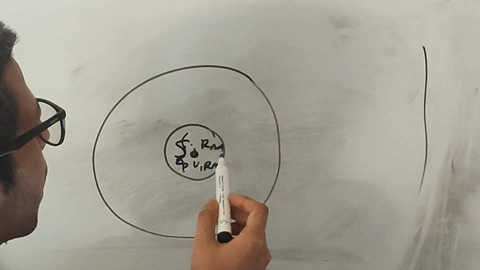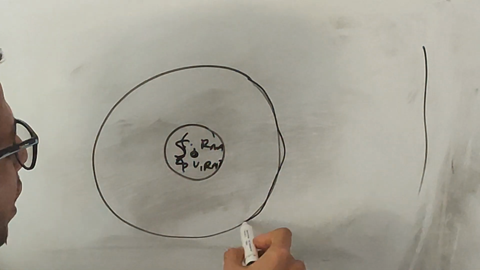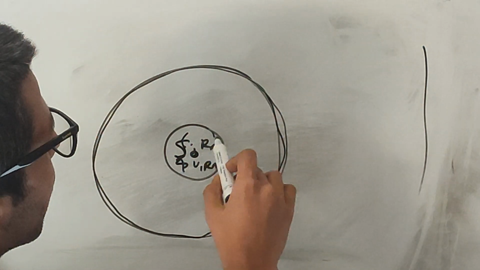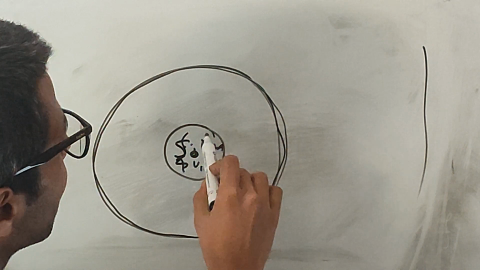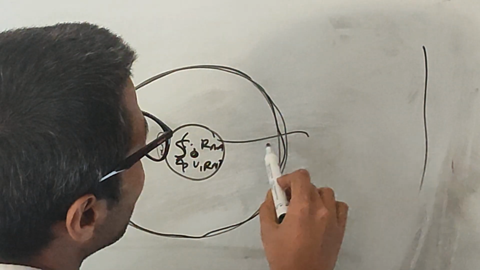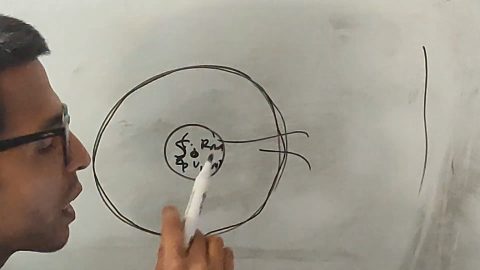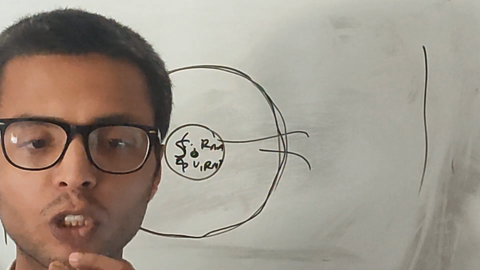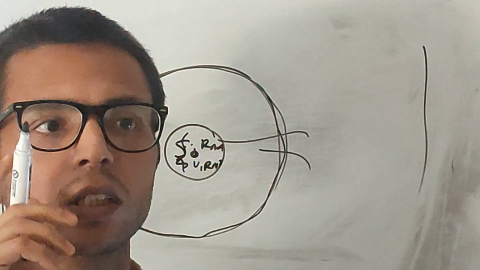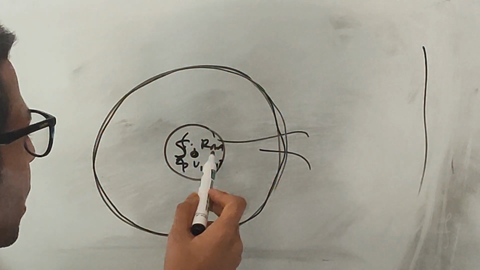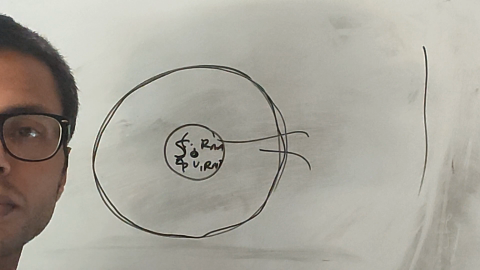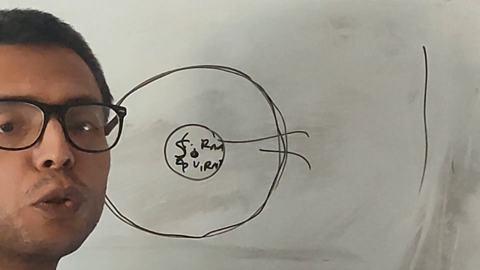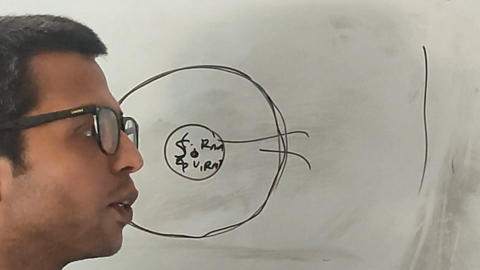Whenever cell death occurs, like in any inflammatory state or in autoimmune disease, when the cell dies, the components inside the cell, the nuclear antigens, are leaked into the bloodstream. And when these nuclear antigens are exposed for the first time in the blood, your immune system says, oh, this is foreign, so I should attack it. So antibodies are produced against these nuclear antigens. Those antibodies directed against these nuclear antigens are called anti-nuclear antibody.